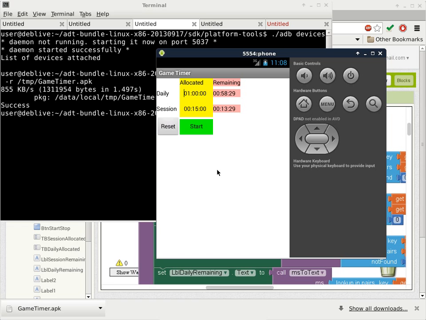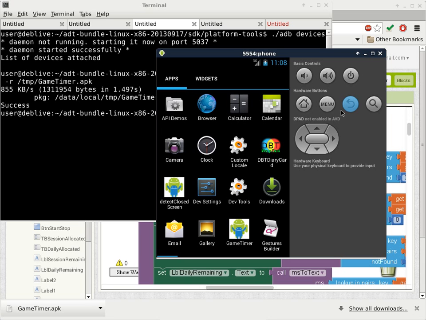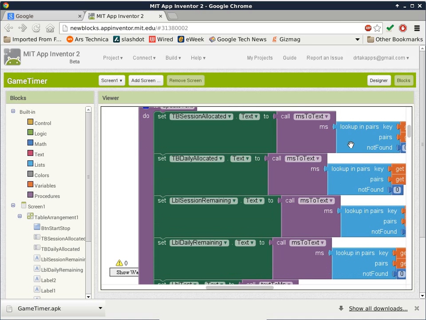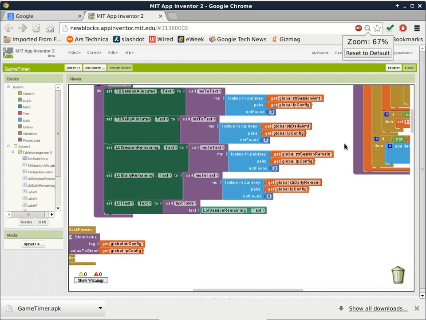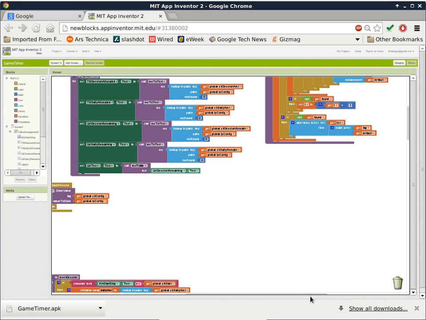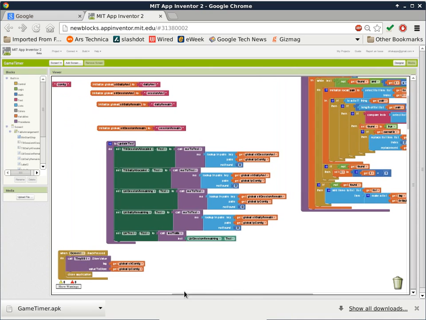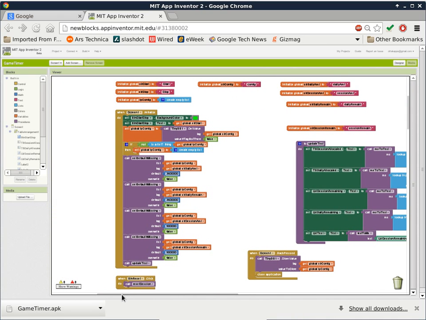But even without those features, just for counting down and being able to remember where we left off in the first place, you can see, okay, let me just close this app here. You can see the complexity of the program, just given that it is just keeping track of time. I'm zooming out a little bit so you can have a better idea of the size of the program itself. The reason why it is so big is because